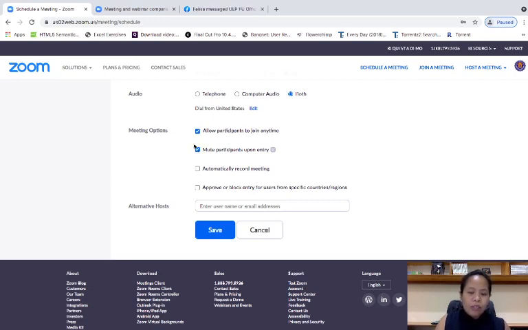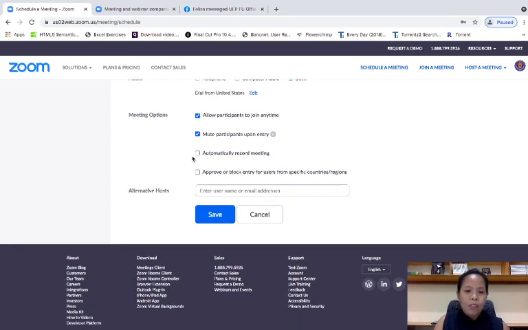Okay, why? So for instances when there are late entries, or for instances wherein there are participants who join the meeting while it is ongoing. So to avoid disruption, it is also advised to mute those participants upon entry. Okay. Also,